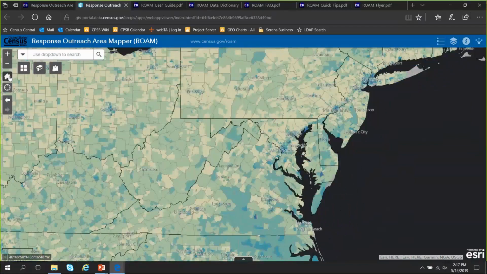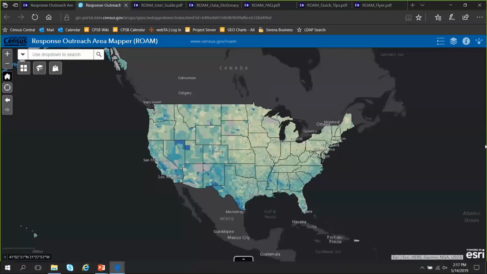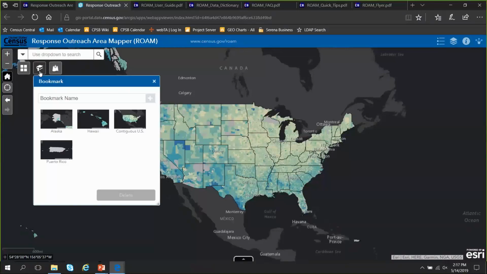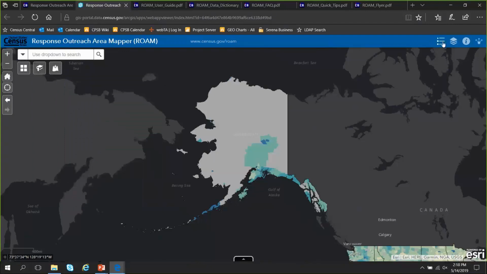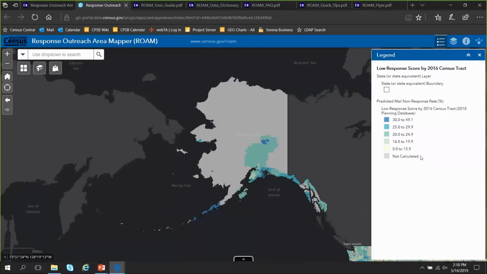We can use the home button to get back to the lower 48 or the contiguous U.S. And there are even several different preset bookmarks available for Alaska, Hawaii, and Puerto Rico. Let's take a little jaunt up to Alaska. And you'll notice that a lot of Alaska is gray, which means that there is no low response score calculated